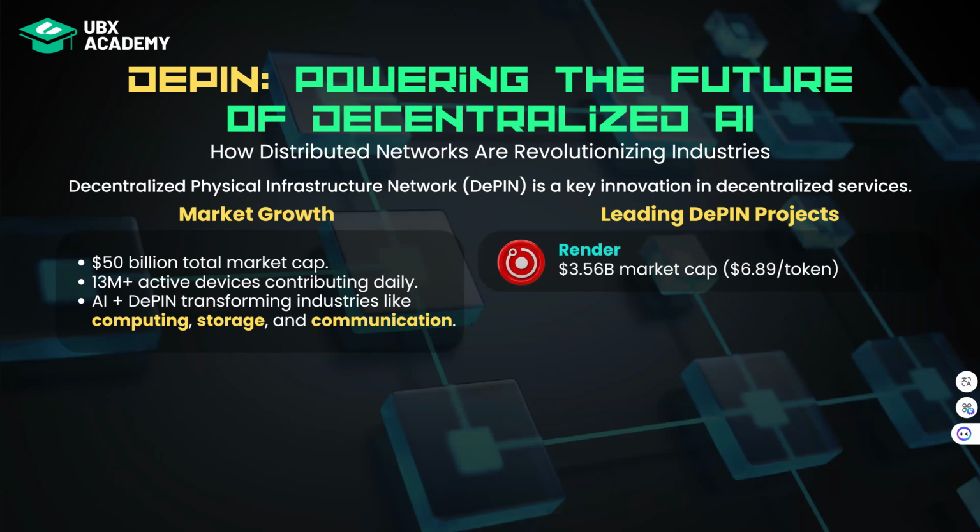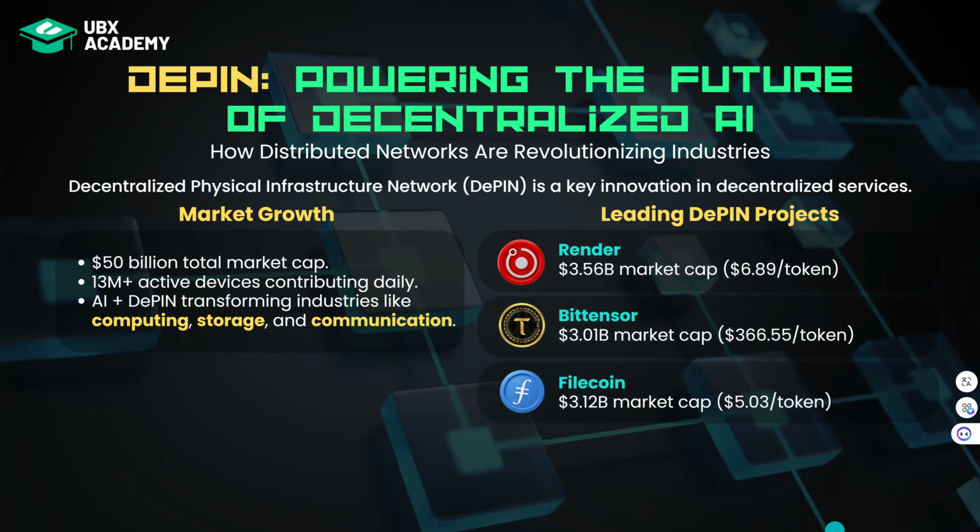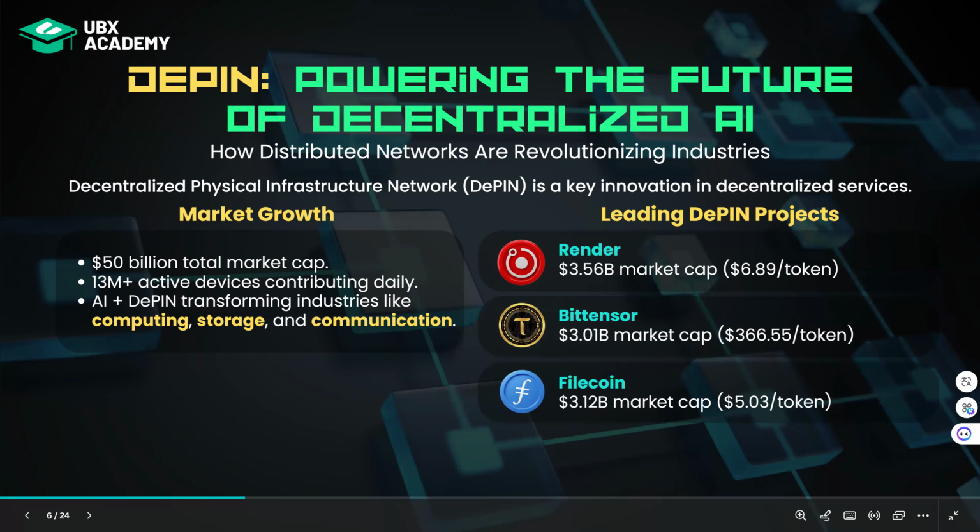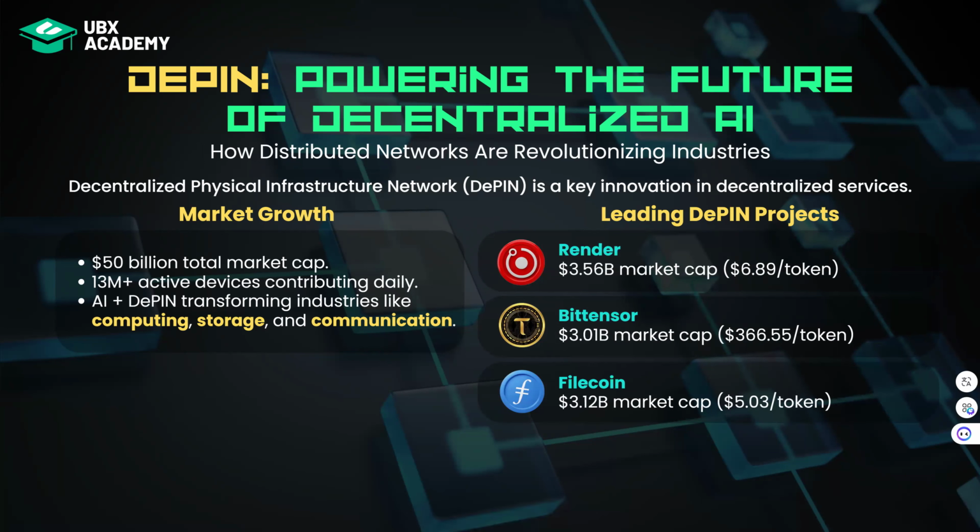So there are many leading DePIN projects like Render, Bittensor, and Filecoin. DePIN is rapidly gaining traction across various industries, disrupting traditional centralized systems. DePIN is still in its infancy, but its potential to disrupt trillion-dollar industries is enormous. Projects like Render, Bittensor, and Filecoin are just scratching the surface, with significant room for growth